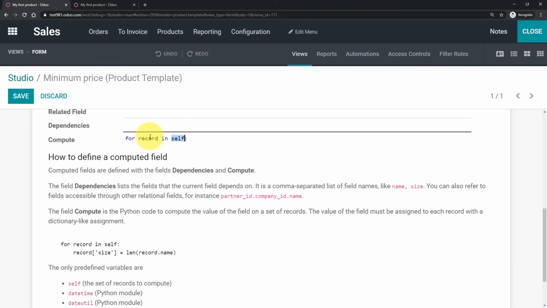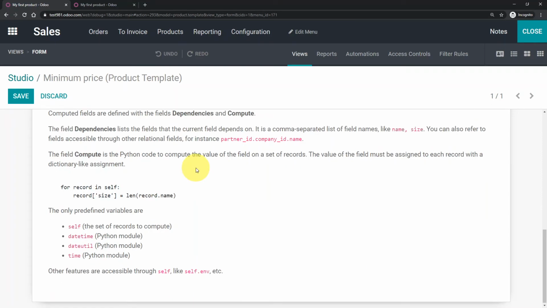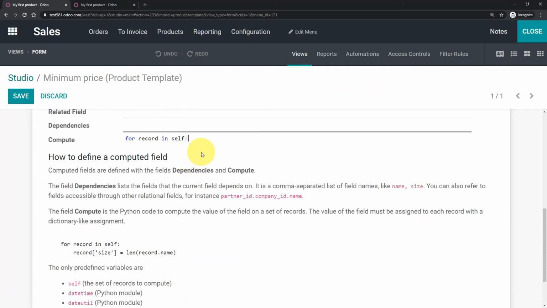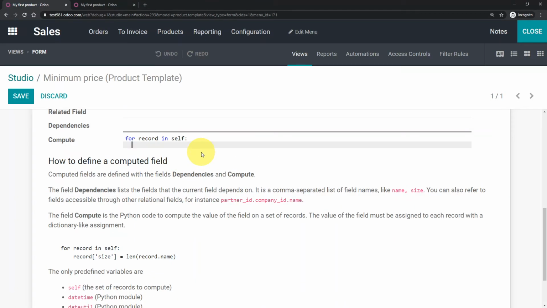So basically, with this for loop in Python, we want to loop, or we want to have access to all the fields that are available in this self variable or array. So that's the first part, and then for the second part, I'm going to